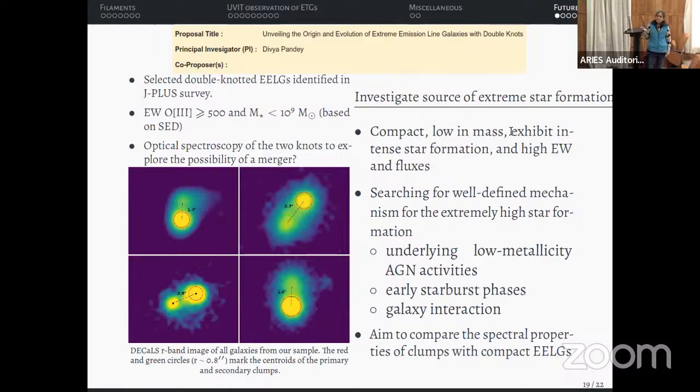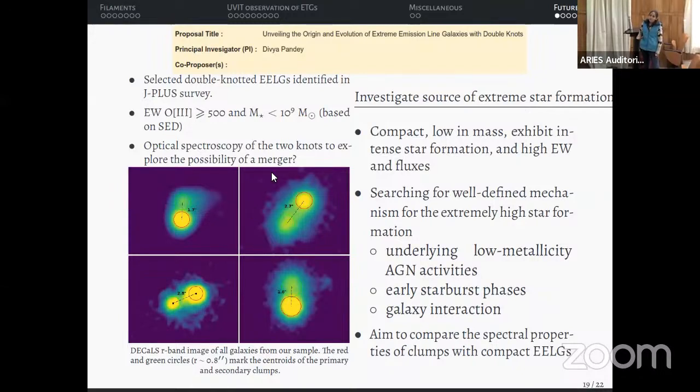Studying these galaxies is interesting because we would know about the properties of high redshift galaxies. One of the things that is puzzling about these galaxies is what is the source of star formation in them? Could there be an underlying AGN, or is the galaxy in an early starburst phase, or is there galaxy interaction? So for that, I selected a small